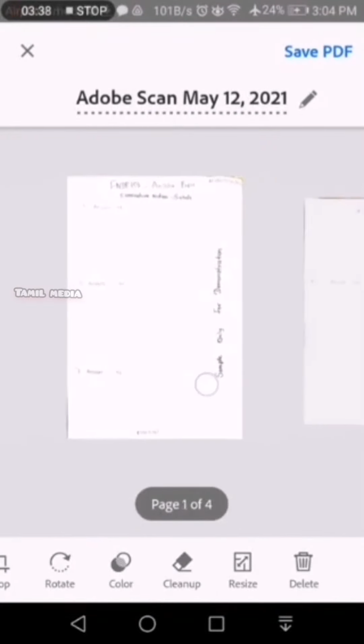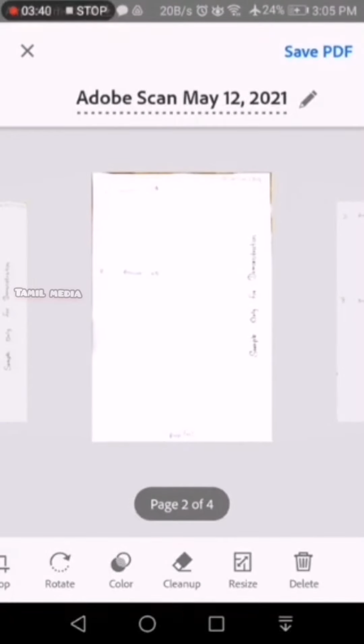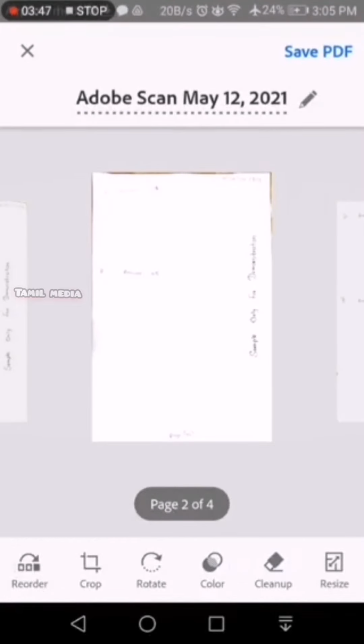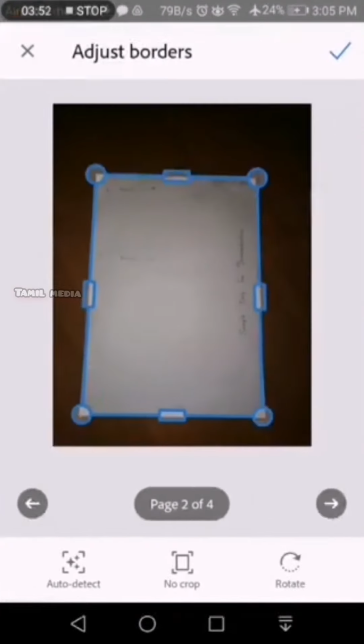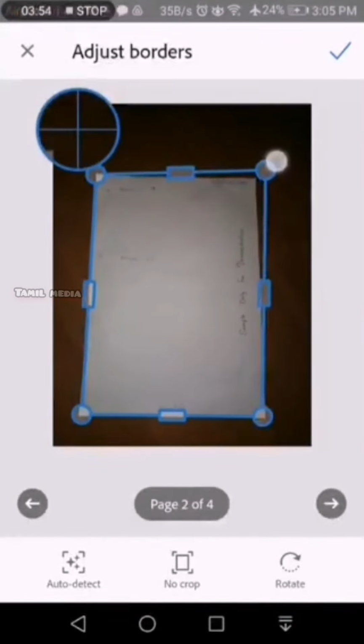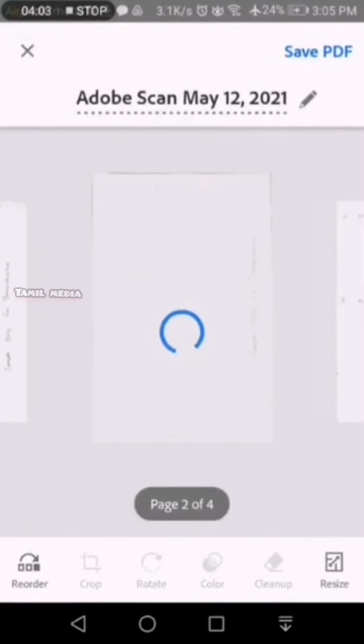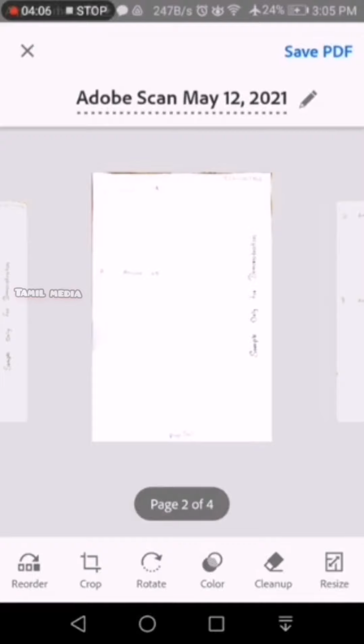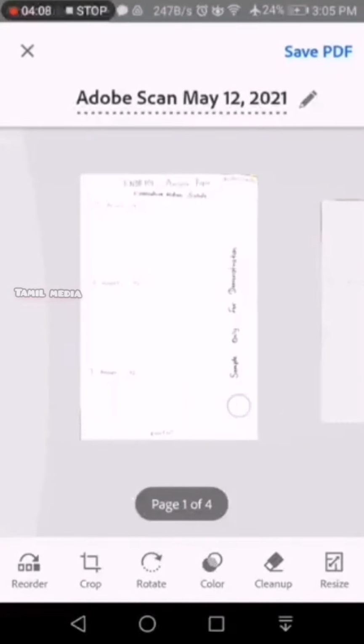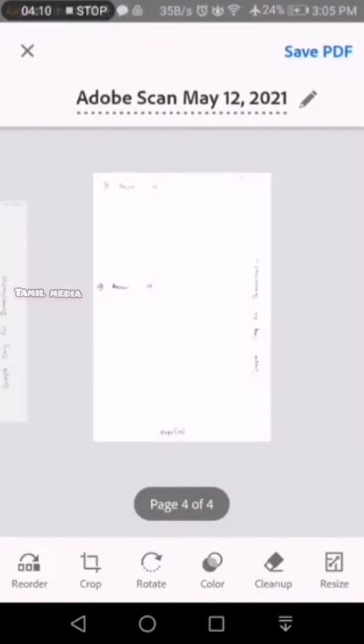If in any case you are not happy with the cropped image, you can click on the crop icon option here and again change the borders like this and click the tick. Okay, now I am happy with my scanned document.